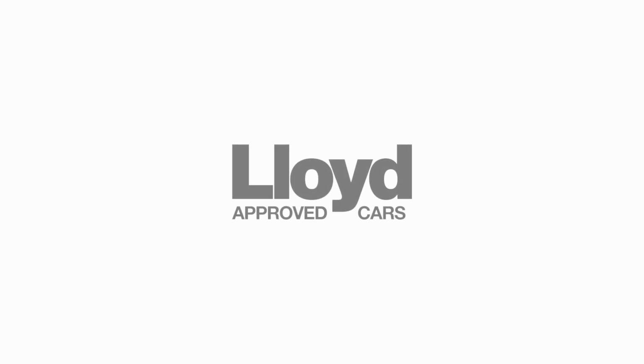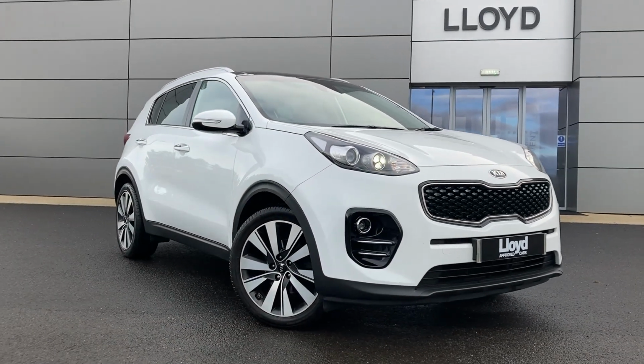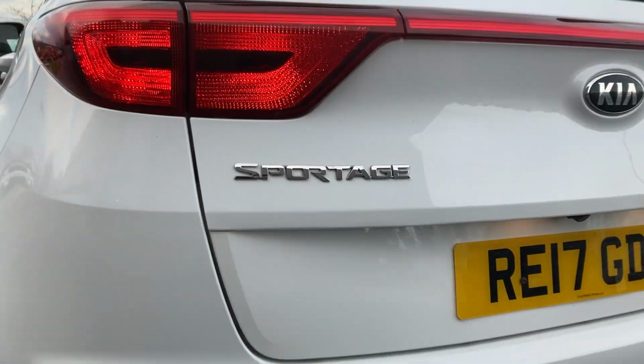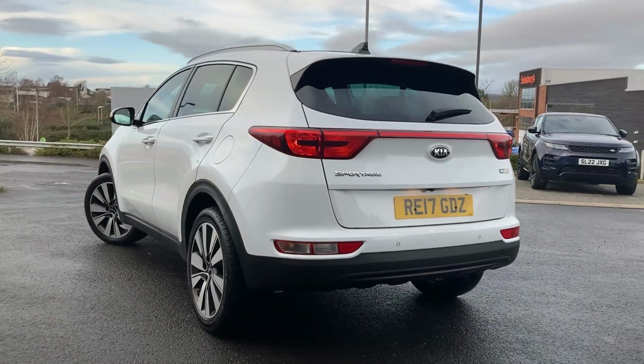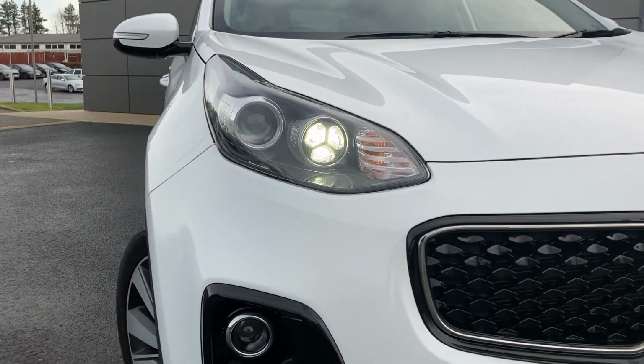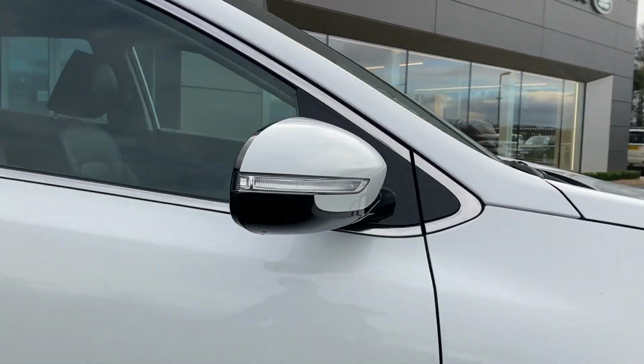Here at Lloyd Approved Cars Kelso, we are pleased to present this KIA SPORTAGE 1.7 CRDi ISG 3, finished in Fusion White premium paint, with 19-inch diamond turned alloy wheels. Some of the standout features on this car include automatic headlamps, front fog lights, power folding door mirrors,